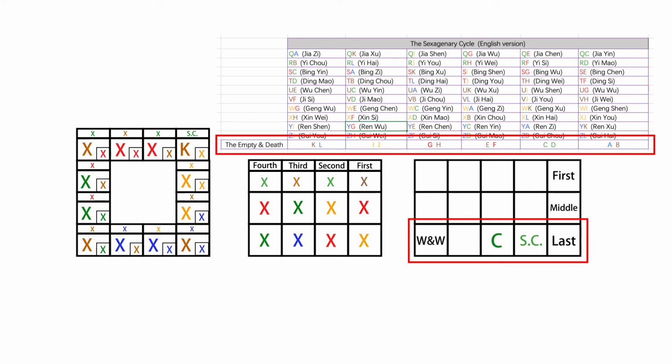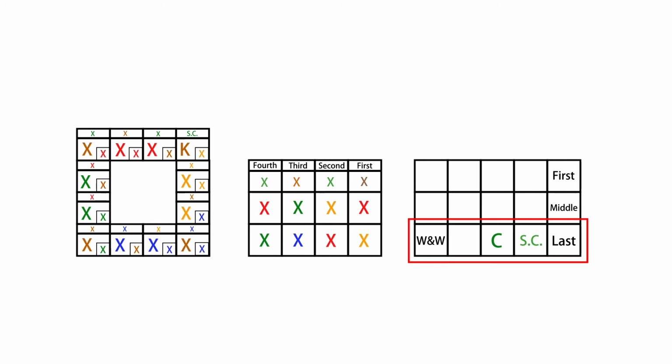If the last transmission is the wife and wealth of the symbol below the first lesson, and at the same time the state of the last transmission is empty and death, it means that wealth cannot be obtained, or only half of it can be obtained. If the prediction is about someone's worry and dissolution, and the state of the last transmission is empty and death, it means dissolution.